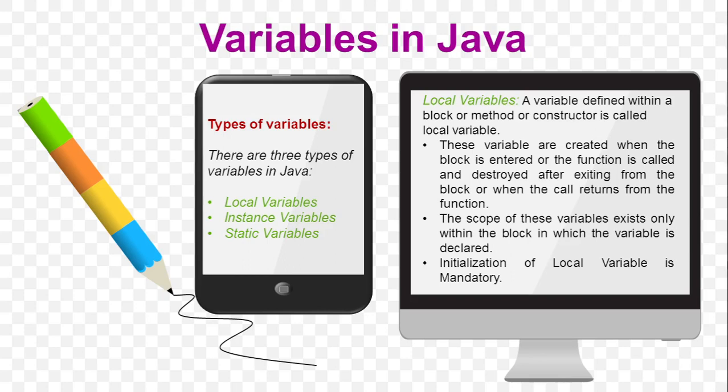A local variable is defined within a block, method, or constructor. I repeat, a local variable is a variable which is declared and defined within a block. An example of a block is an if block, a for loop block, a while loop block, or a do while loop block. If condition, then the curly bracket starts and the curly bracket closes. That opening and closing curly bracket is the scope of the if statement, and that is the block of the if also. The body of the if is the block of the if.